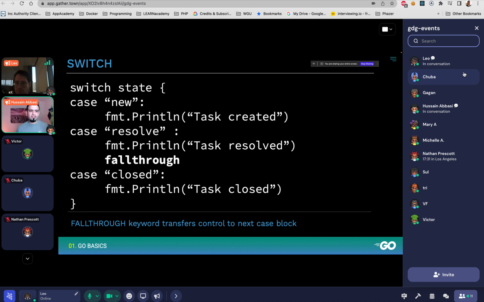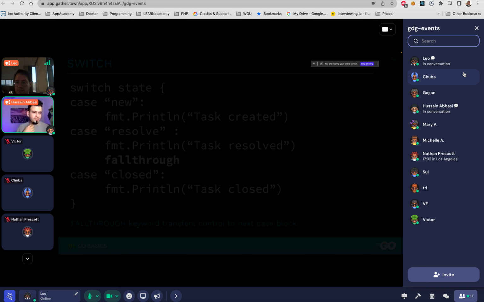Fallthrough essentially just tells the control that after this, right away execute the next block without checking the condition. So what this would print is, if I passed in closed, it will only print closed, but if I pass in resolved, it will print resolved and it will print closed because I told it to fall through to the next case. And if I go crazy and I put fallthrough in all the cases, then they will all be printed no matter what. Right? Or after the first one is true, it'll print out the rest of them as well. So I'm sure there's a use case for it. I just can't think of a good one.